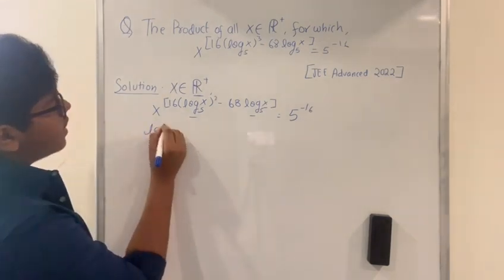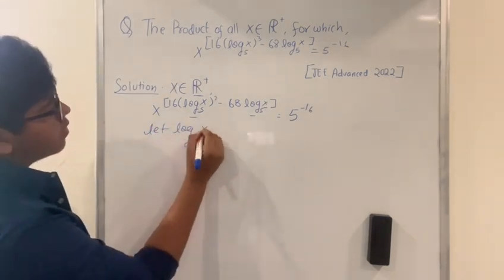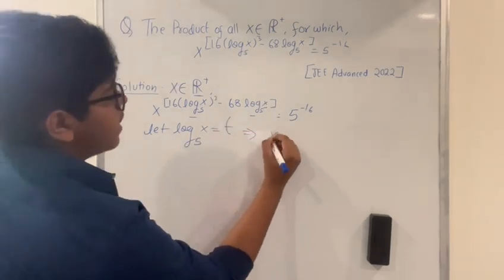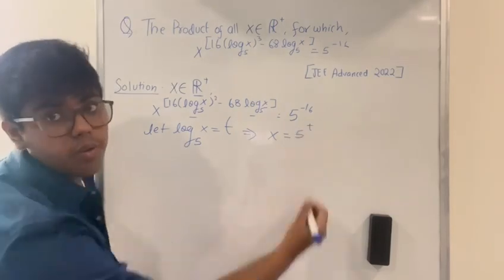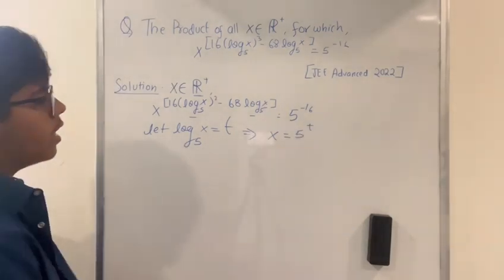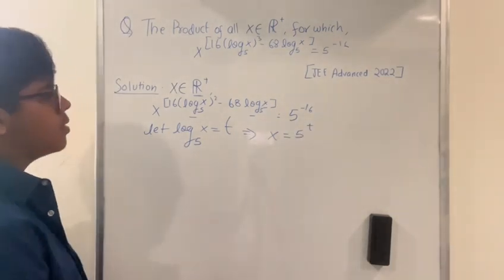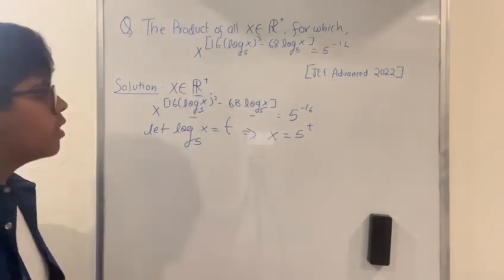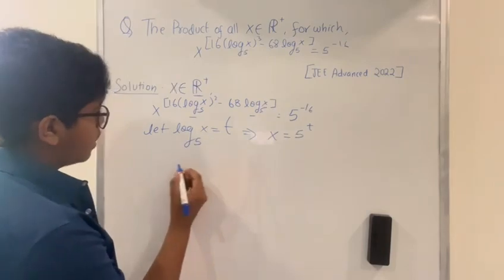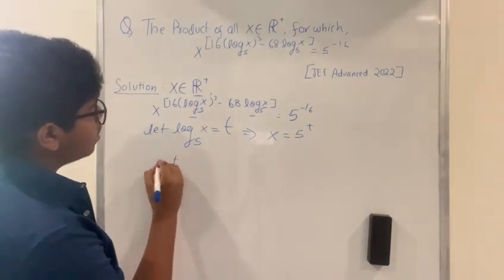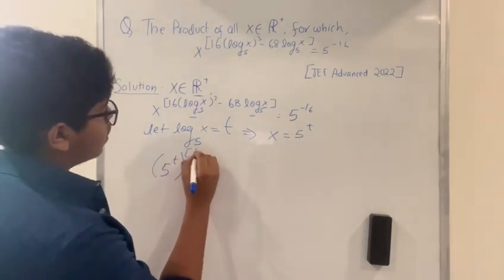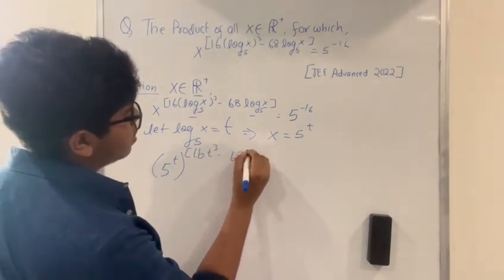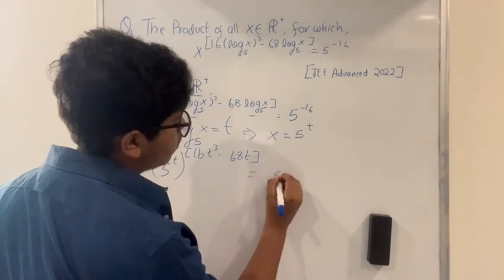So we can say that let log x base 5 equal to t. This would imply that x is equal to 5 to the power of t, right? Now using this, by plugging this into this equation, we'll get something simpler, easier to solve. So it would look something like this: 5 to the power of t raised to the power of 16 t cube minus 68 t is equal to 5 to the power of minus 16,